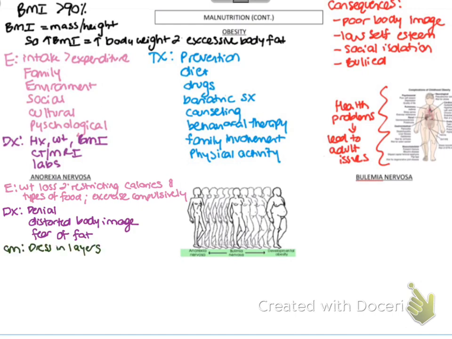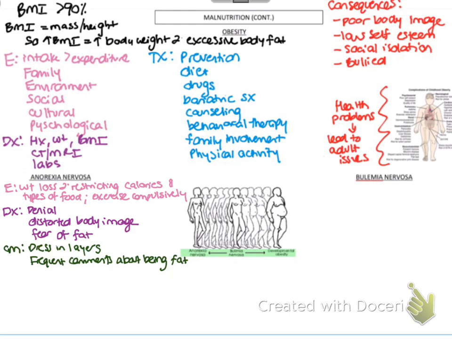They tend to dress in layers. And these three things, anorexia is really hard to diagnose, right? Because it's not like a disease, it's more mental. So in psych, you guys are learning about the DSM, right? Am I saying that right, the right acronym? They have certain criteria that they need to meet in order to get diagnosed with anorexia. But these are the things we're going to see.